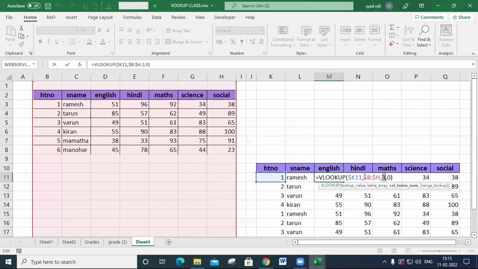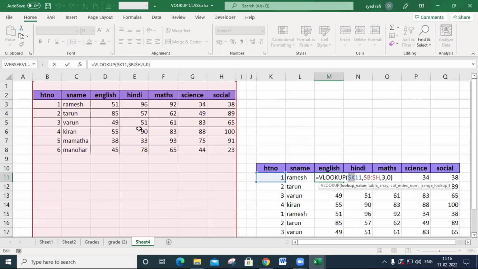If you have any doubt in VLOOKUP, make the first parameter column a constant. Why? Because this lookup value will change, and I don't want to change it by dragging horizontally. Also this is mandatory. You may also make this data source constant. If you don't, automatically it will be shifted from left to right.